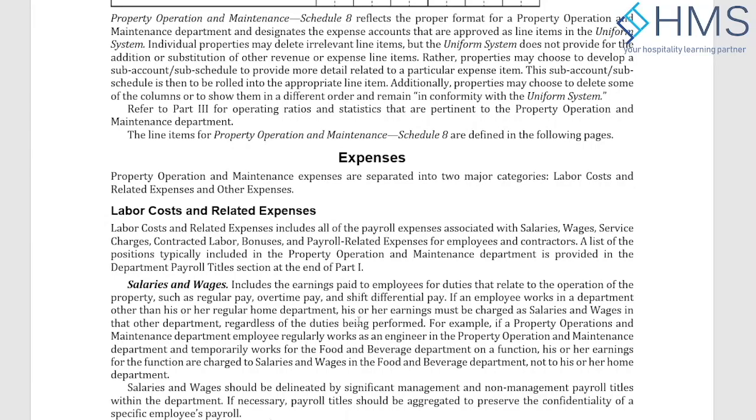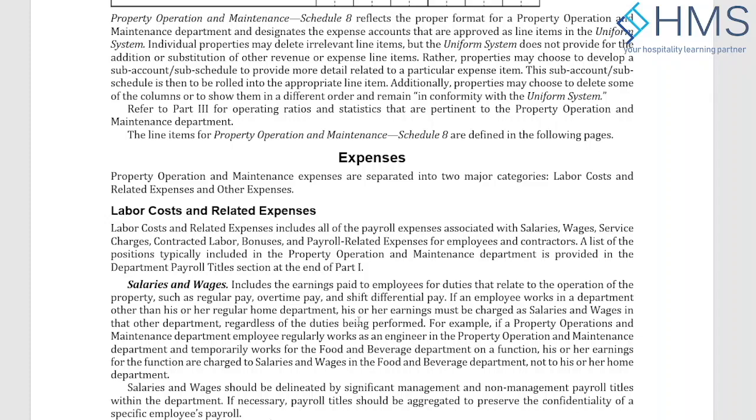So let's go through that, and then we will be able to at least finish the whole part. Tomorrow we'll be revisiting the entire USALI, including the non-operating expenses, balance sheet, and other supporting statements. So you will get a complete overview of what USALI is, so that its dots are connected.